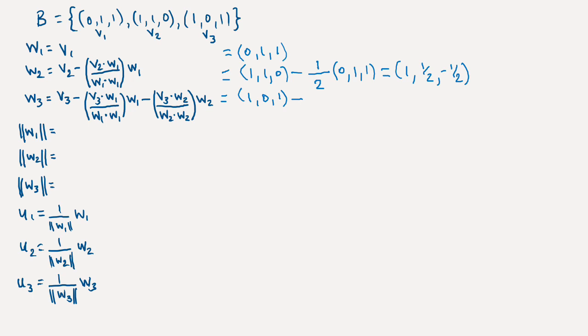So inner product of V3 with W1, so V3 is 1, 0, 1, W1 is 0, 1, 1, so that will have inner product 1, and then the inner product of W1 with itself, we figured that out before, that was 2. And then, getting ahead of myself, we need to subtract